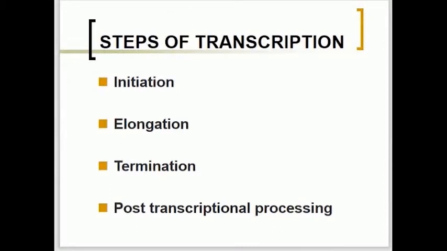So these are the 3 steps involved in transcription. Once the transcript is formed, the RNA coming out is called the primary transcript. After the formation of the primary transcript, it will undergo several modifications. That is called post-transcriptional modification. The modification that happens after transcription is called post-transcriptional modification. So these are the things that we are going to see now.